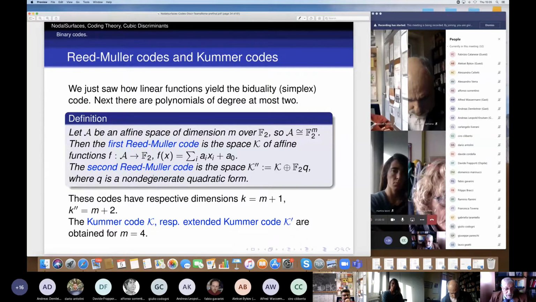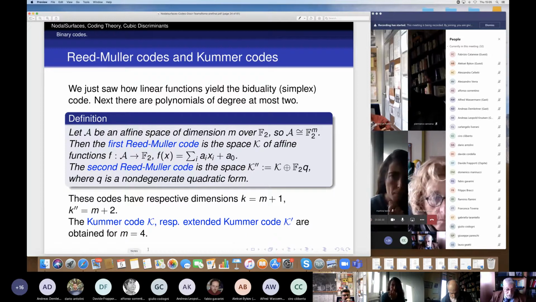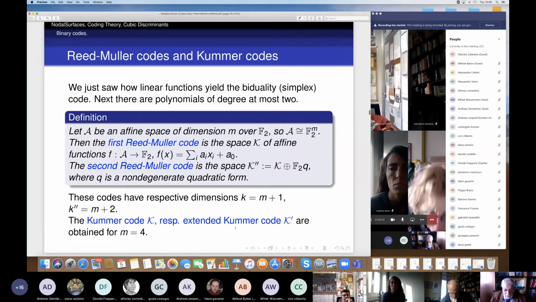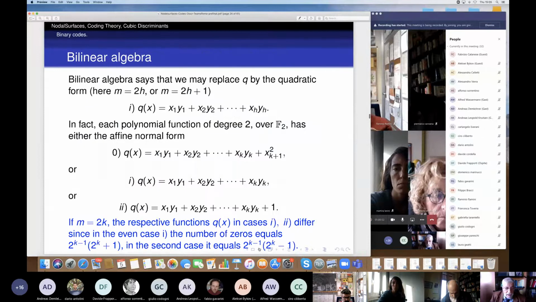And the second Reed-Muller code is the space generated by the first Reed-Muller code and a non-degenerate quadratic form. And of course, the dimension of K is m plus 1, and the dimension of K double prime is m plus 2. And the Kummer code, respectively the extended Kummer code, are just the case m equals 4. Okay, so the codes of Kummer surfaces are described by some easy bilinear algebra. In fact, there is some bilinear algebra over a field with 2 elements that